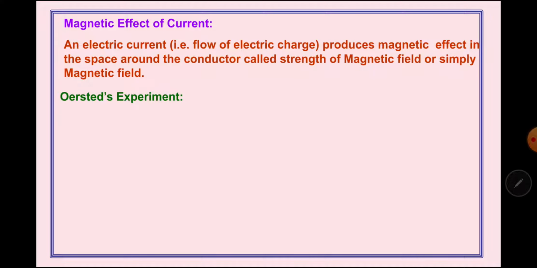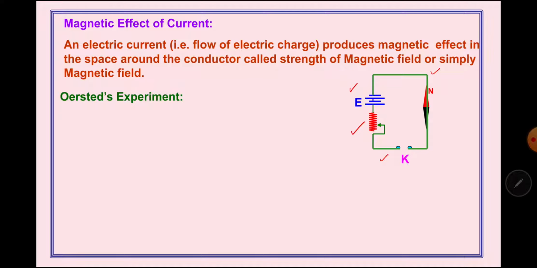So, the origin of the magnetic effect of current came from an experiment that was performed by Oersted. So let us see what that experiment was about and what was concluded on the basis of that experiment. In that experiment, there was a simple circuit made up of a battery connected with a rheostat. A rheostat is simply to maintain a certain level of current. Then there is a key which is connected with the help of a wire. When this key is inserted, then current will start flowing.